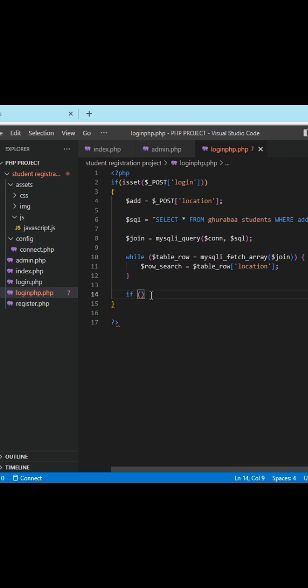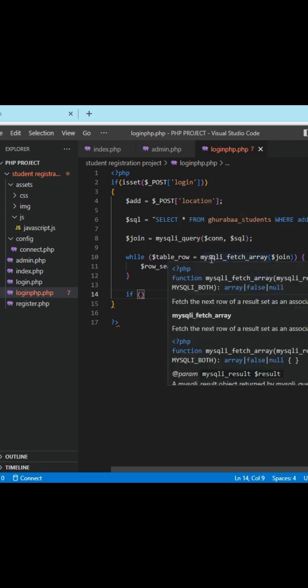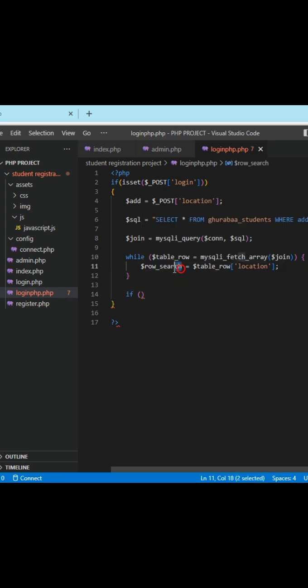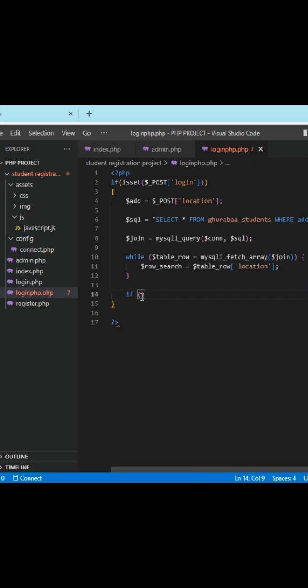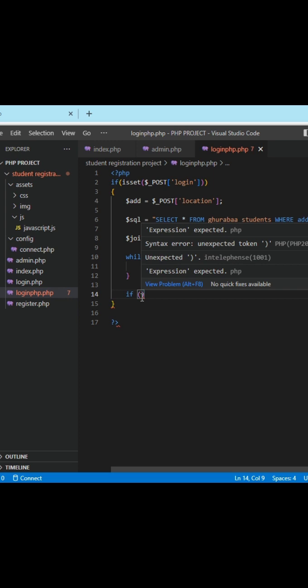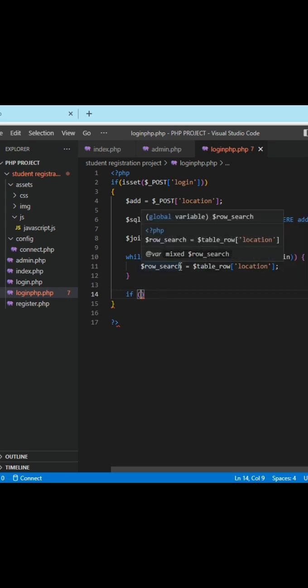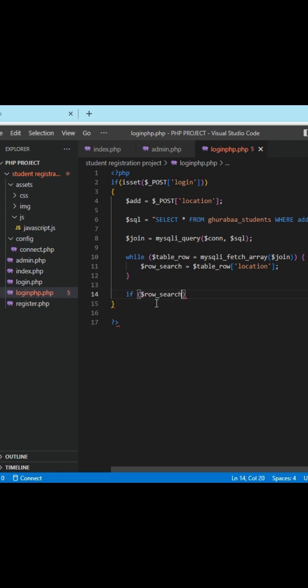I can say if variable row search equals variable table row. So this is what we get, variable table row. Now I'm gonna come here again and say if variable row search, that's all. I can say equals true, but let me just leave it like that. So if that is true,